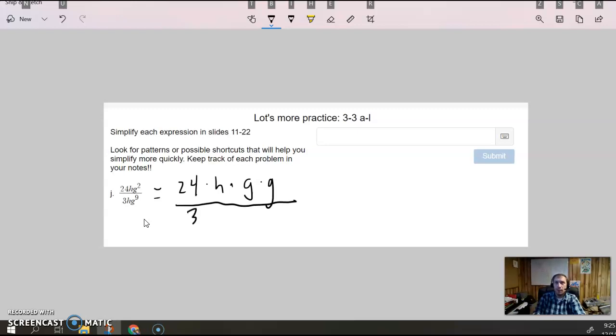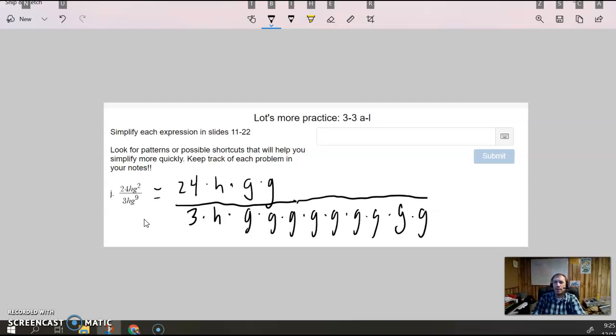On the bottom, I have 3 times h times g times g times g times g times g times g times g. 1, 2, 3, 4, 5, 6, 7. I need 2 more for 9 of those. Now, maybe you're noticing I'm lining up the variables I know are the same on top of each other, because